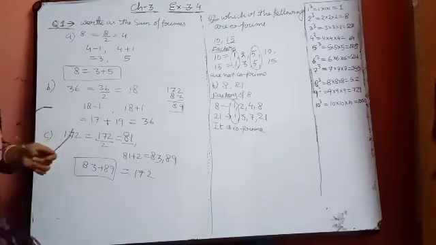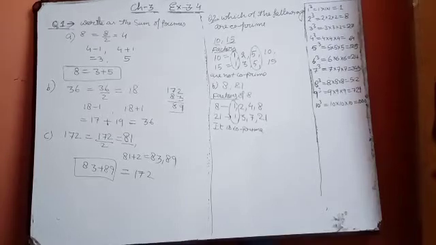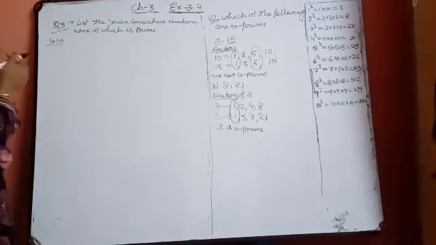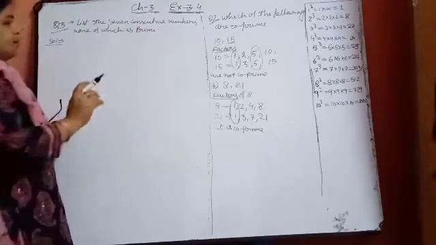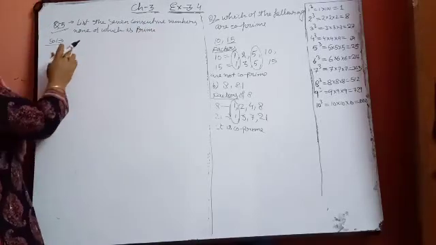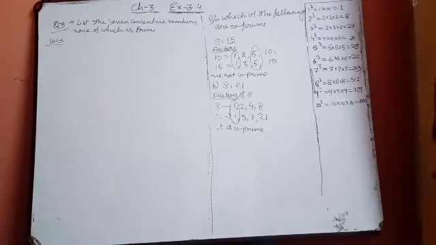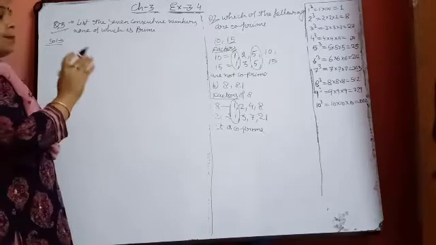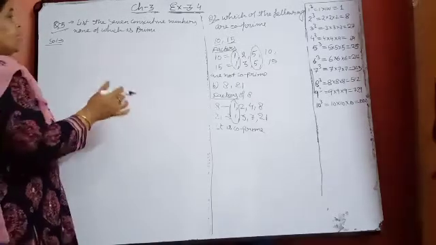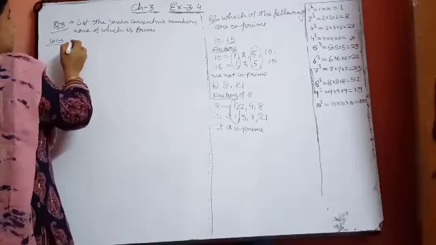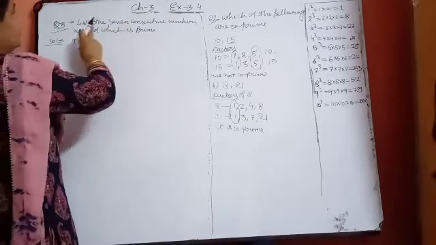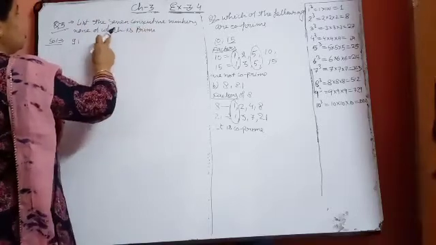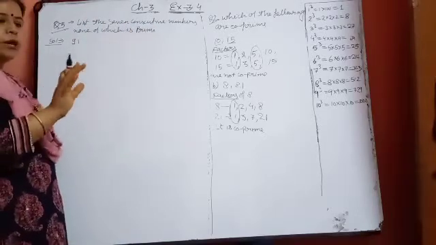Now we are moving to question number 3. What is question number 3? List the 7 consecutive numbers, none of which is prime. From each group we are getting one prime number and other composite numbers. But if we move from 91, the 7 consecutive numbers, none of which is prime, means no one is a prime number.